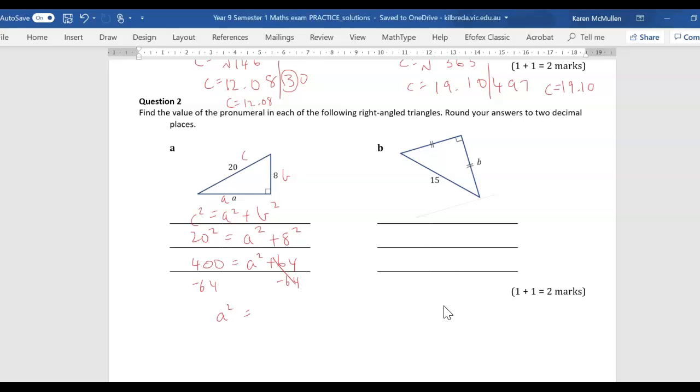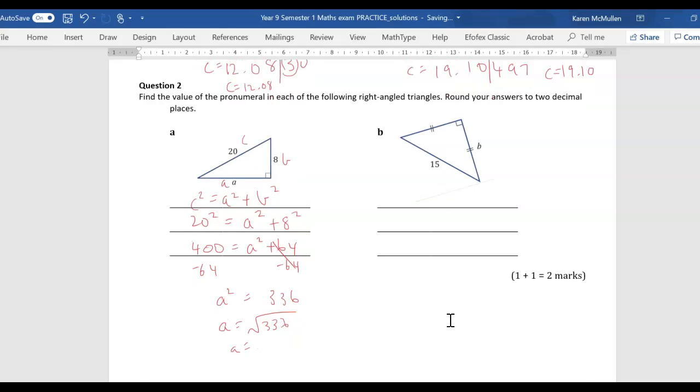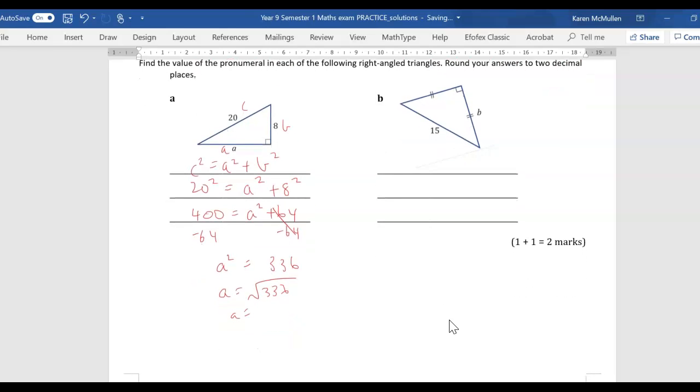So 336. And then when we want A by itself, we take the square root of that. So A is equal to, just quickly doing it on my calculator. Remember to write it to a few more decimal places than you need to. So 18.3303, do your cut. So just 2 decimal places, 18.33. With question B,